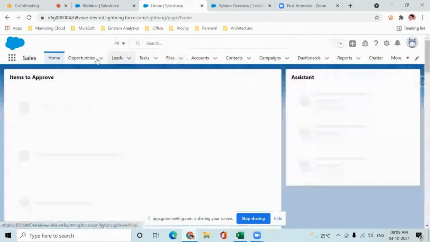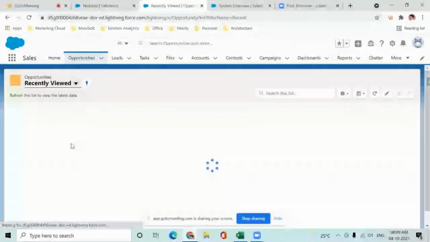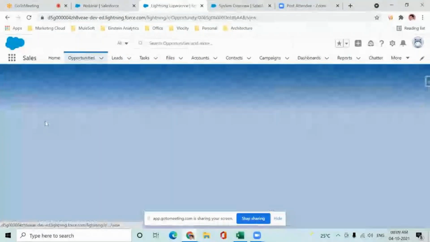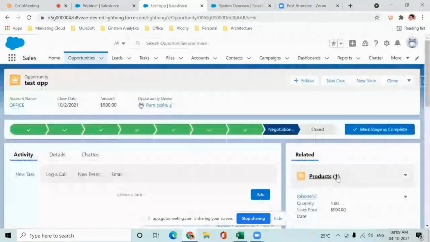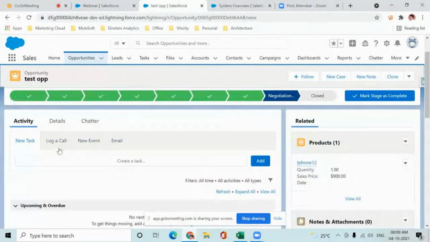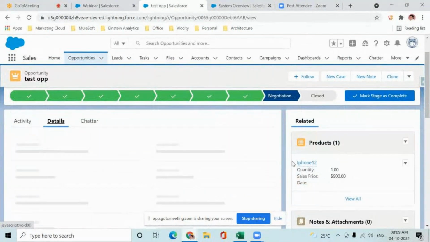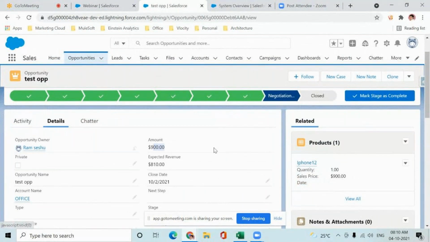Let me open some opportunities where I have added products as well. I think this one, yeah. See, the amount I'm not able to change now because it is coming from the product. It got controlled from the product. I have only one product, so it says 900.